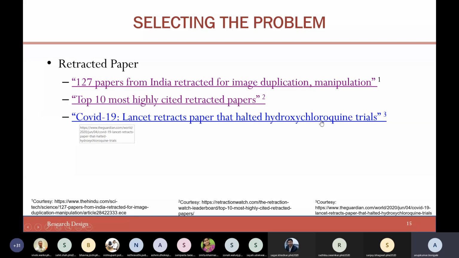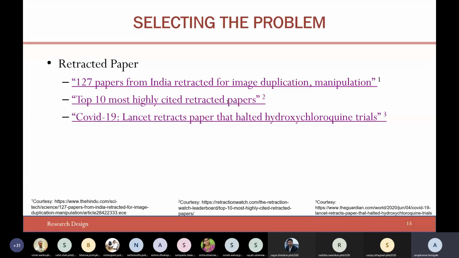What this paper is all about is COVID-19. I think all of us are familiar with the situation now. It's a kind of hot research area also. Now people are simply running behind publishing papers on COVID-19 and so on. I'm not saying that we do not need solutions, but sometimes when we are trying to provide solutions, it may so happen that it gets attracted by many different areas. Like the Lancet retracts the paper.